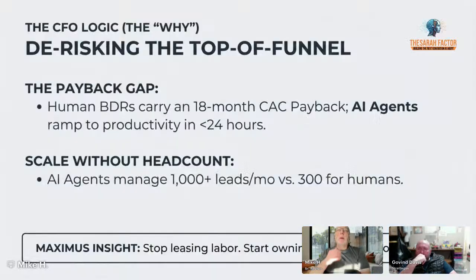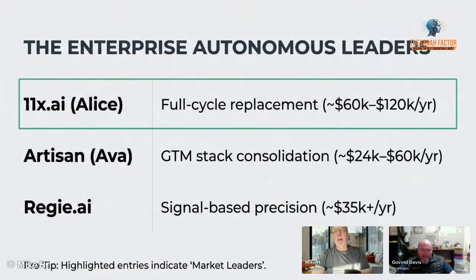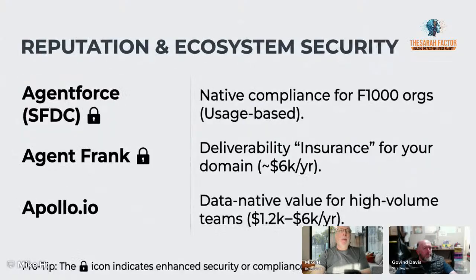Okay. The next slide says human BDRs have an average sales cycle payback of 18 months, whereas with the AI agent, the ramp is about 24 hours for paybacks if you get the lead from a marketing qualified lead at $39 per lead. And an AI agent can manage up to 1,000 leads per month, where humans do about 300 on average, is a good example. And these are the different slides I had. I won't go through the whole thing. I'll just give you some slides to look at.